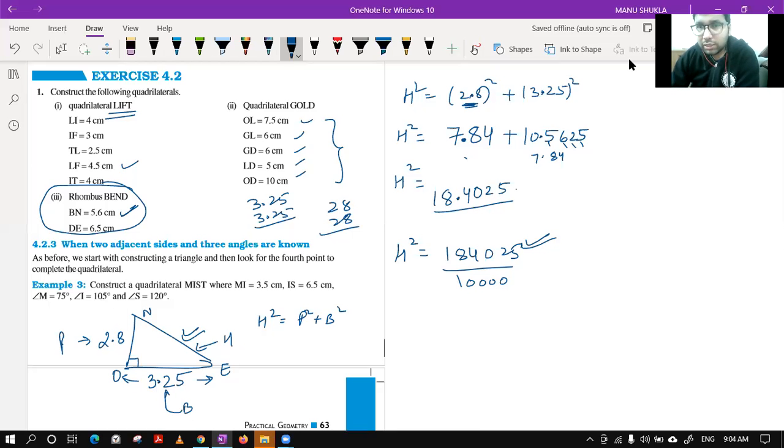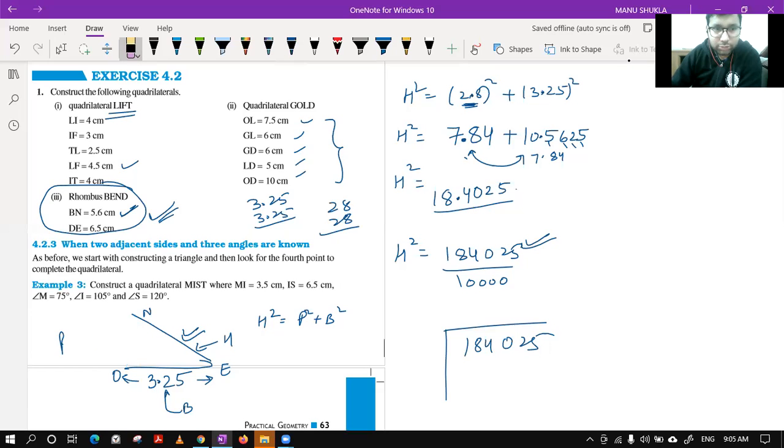Okay, do one thing. You try this on your own. After getting this h square, sir, I was confused with the bracket only. Okay, Prisha. Now do one thing. After getting this h square, try to find the value of h, and that will be the side of this rhombus, and then you can complete the diagram. Okay, class, we will discuss this one tomorrow. Now you have done that process of finding square roots. Try that and let me know. So let's see the next part now.